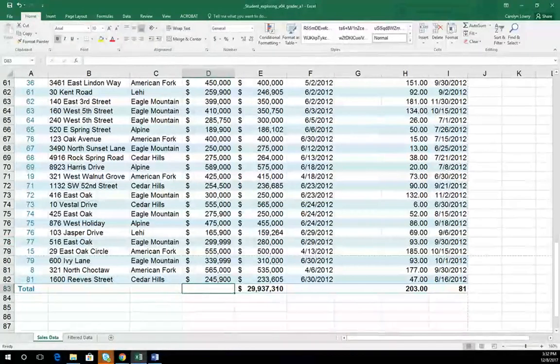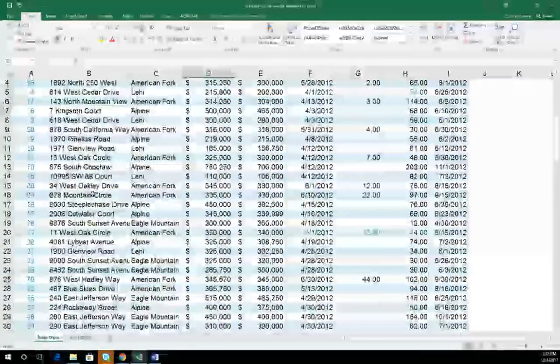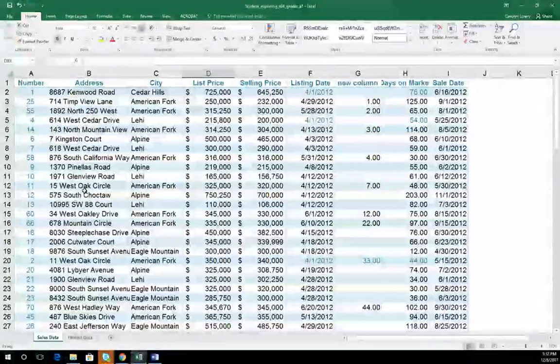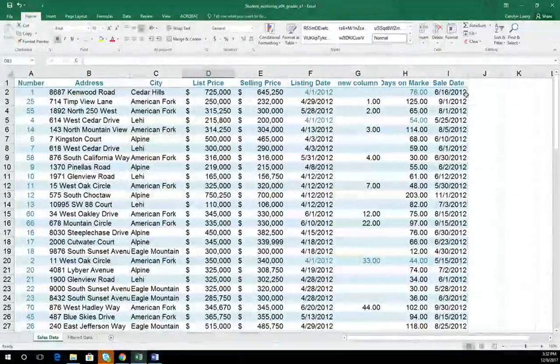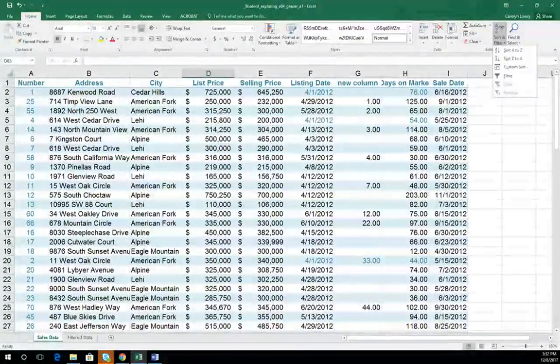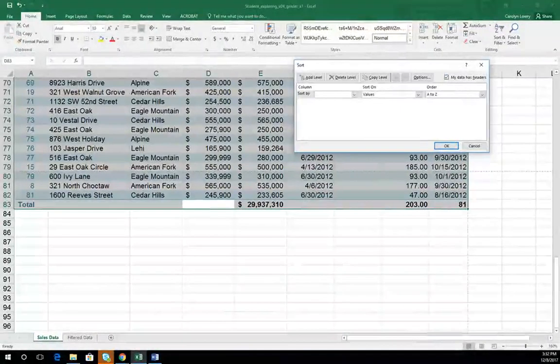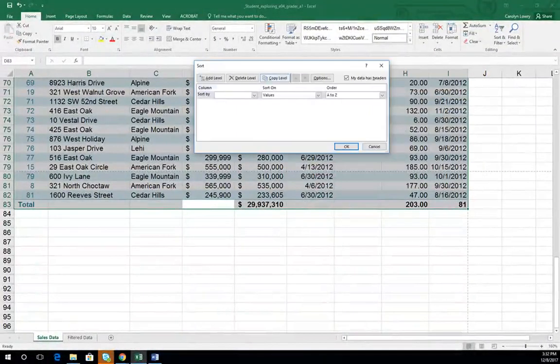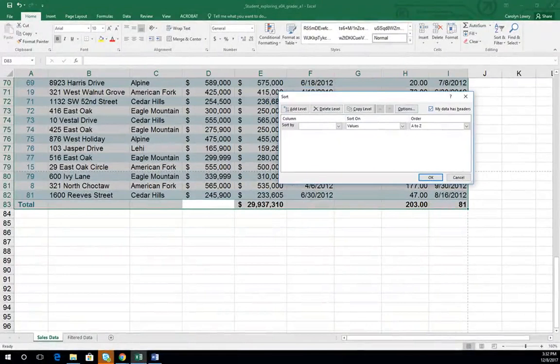So one of the things that you need to learn for data is to be able to create a custom sort. And so we've got a sort and filter button here, and I'm going to go custom sort. And it went ahead and selected the whole table. I could have selected the entire spreadsheet. That would work. My data has headers is checked. That's important. So the first thing that I want to do is I want to sort it by days on the market, and then I want to add a level, and then I want to sort it by